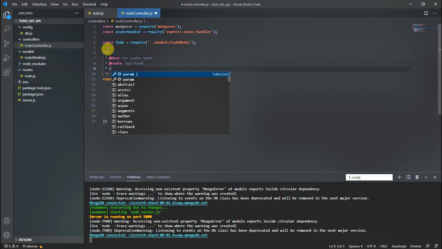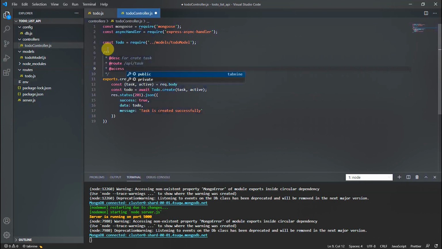Now that access is public for now, but when we build the auth protection, then it will be a private route. So now it is public for now.